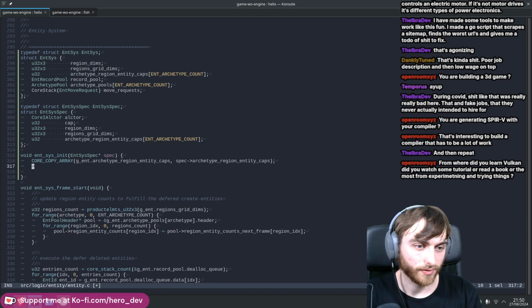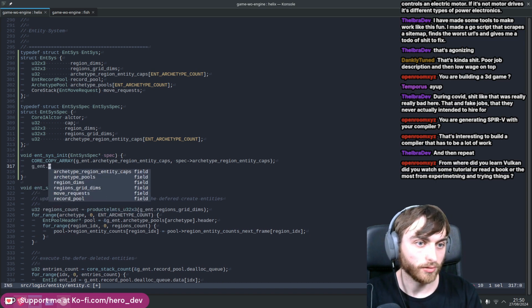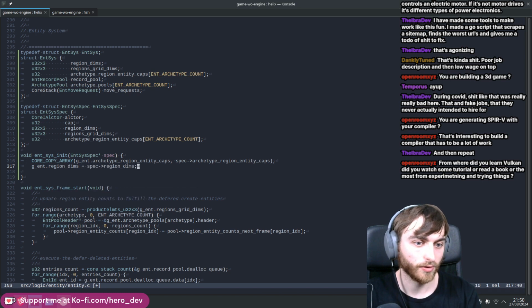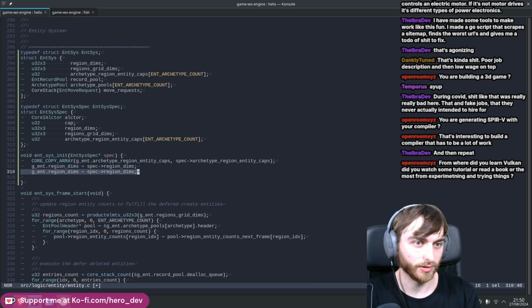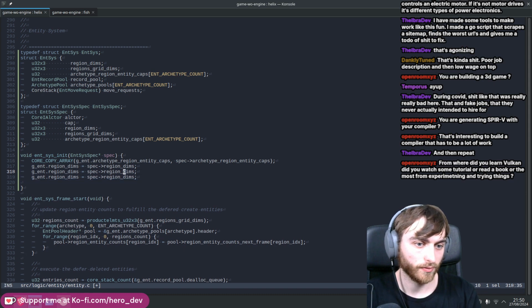Yeah, that's our system. So gn.region dims equals spec region dims. So it's just copying a lot of this stuff in. Region grid dims, so how many regions there are in 3 dimensions. Still got to figure this stuff out. Can probably change a bit. Then we've got to allocate. Have we copied it all yet? Then we've got to allocate the